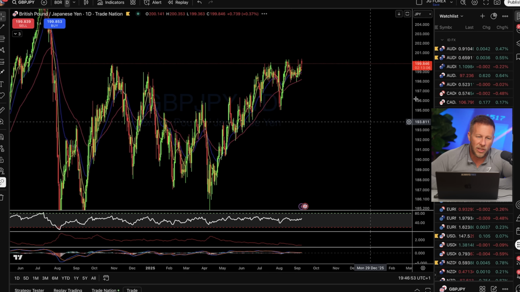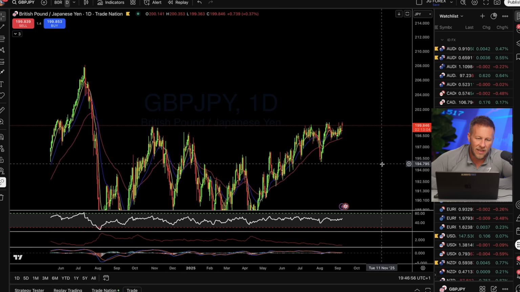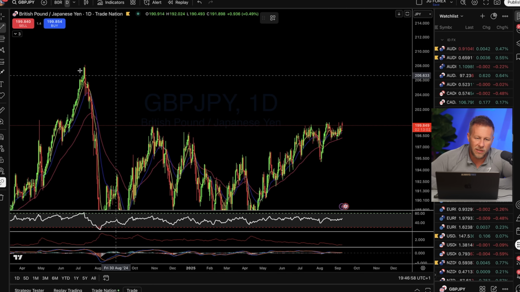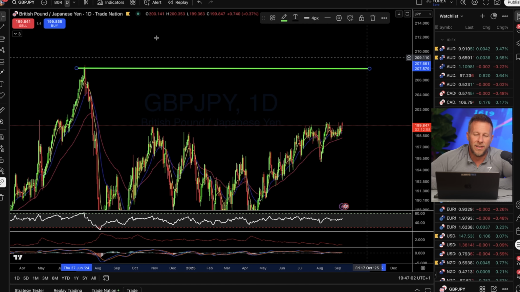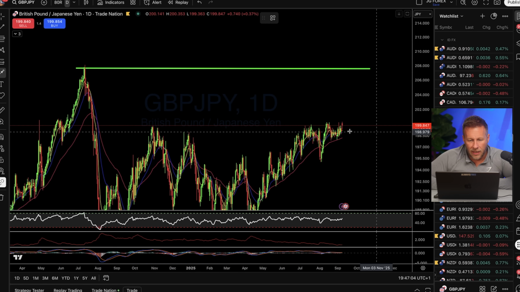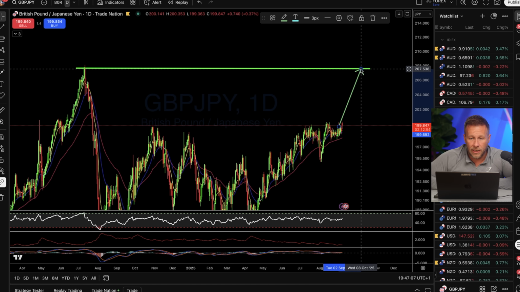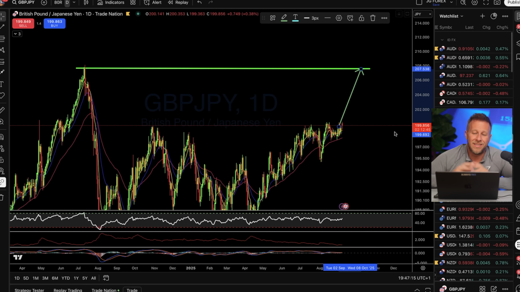And I've been bullish this pair for the longest time because I'm looking at a move up to these previous highs next, which, wouldn't you know it, that might just be a 3-month run. So for me personally, if we can get a break and close above this high, I'll be looking to trade this right up to 207.90, 208 flat, just under that 208 flat level. And that is an active trade that I'll be looking to place next week.